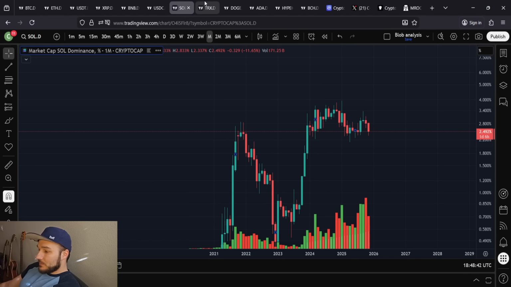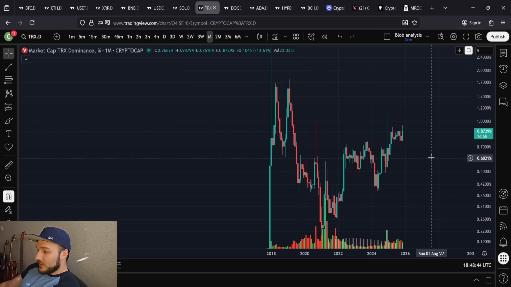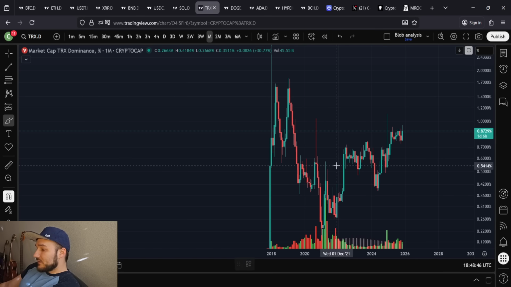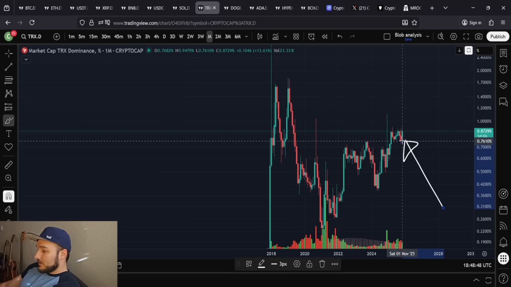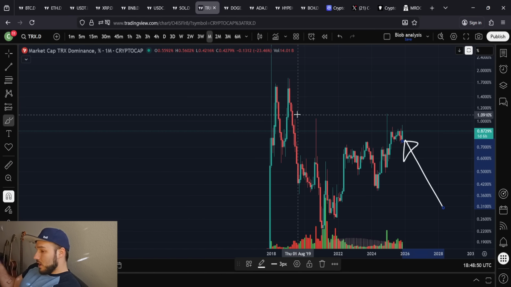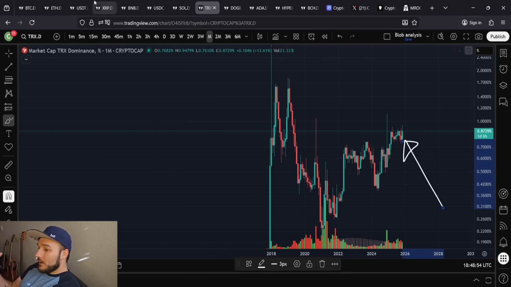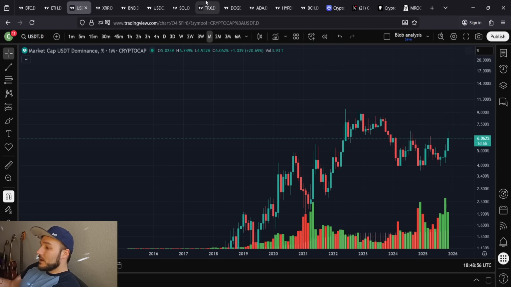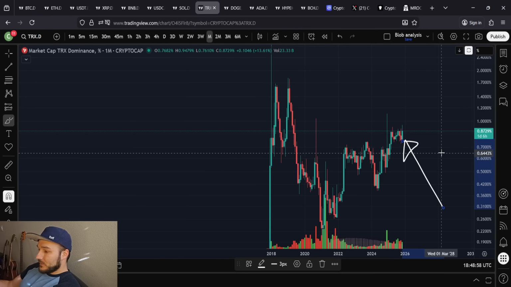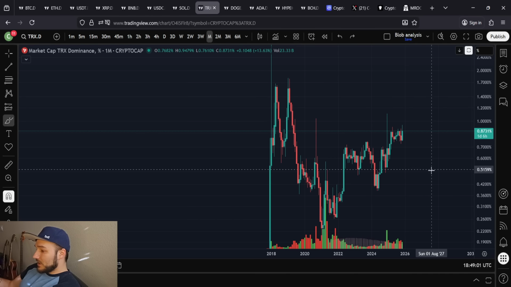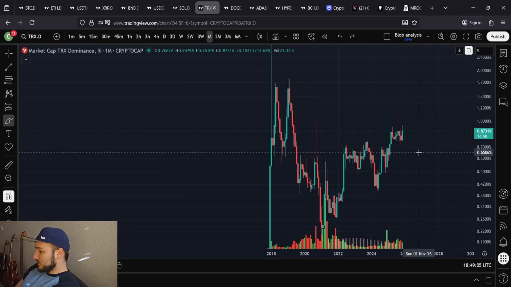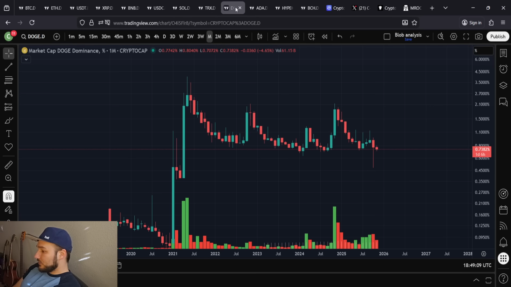And then the next one that's up that I thought was interesting was TRX. And I'm actually very bullish on TRX. It makes a lot of sense that TRX is up because TRX, Tron, has the majority of USDT on the Tron ecosystem. So it's no mistake that Tron dominance is actually up 13% this month. So XRP and Tron both ones to watch.